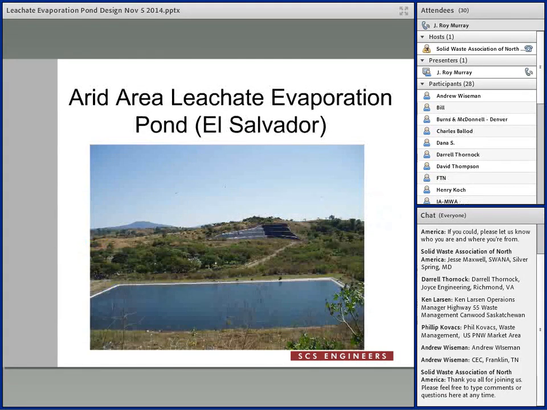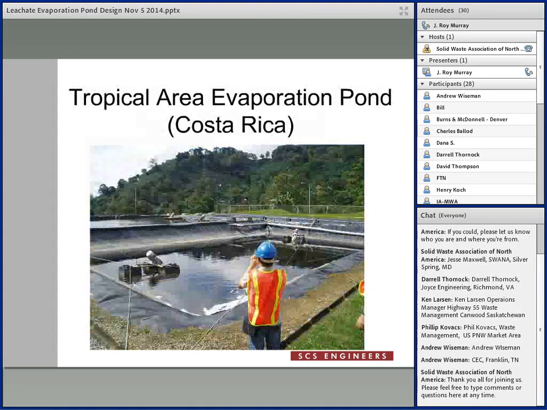Here's a picture. This is a leachate evaporation pond in an arid location. This one happens to be in El Salvador. Very arid. They get a lot more evaporation than precipitation, and so they're able to get rid of all their leachate just through evaporation. This is another facility that is only several hundred miles away, but it's in Costa Rica